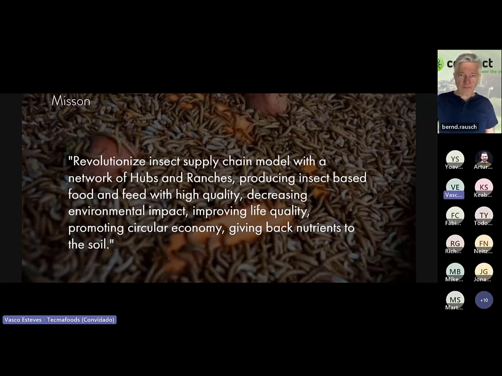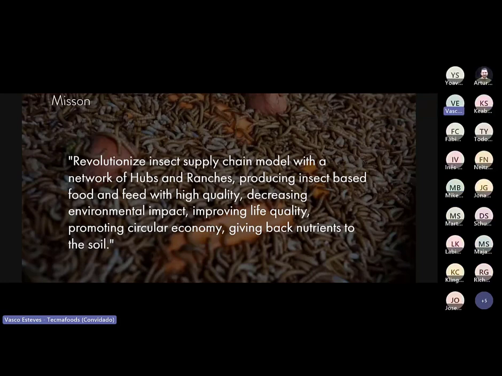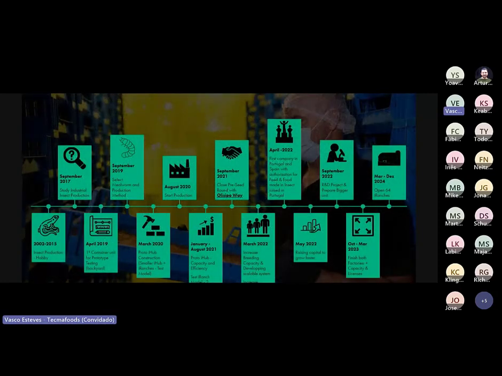The idea is not new. We are using the poultry model and the aquaculture model, and we believe that in the future some degree of specialization will be needed for each part of the process. Looking back, I have good expertise in breeding insects as a hobby, and I started to go deeper on how to scale up operations and study all the methods.